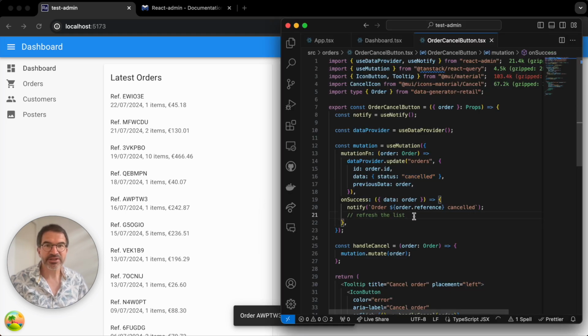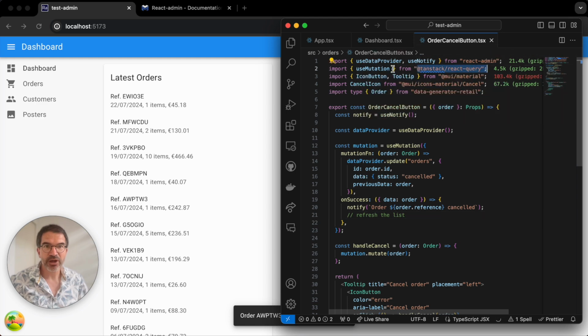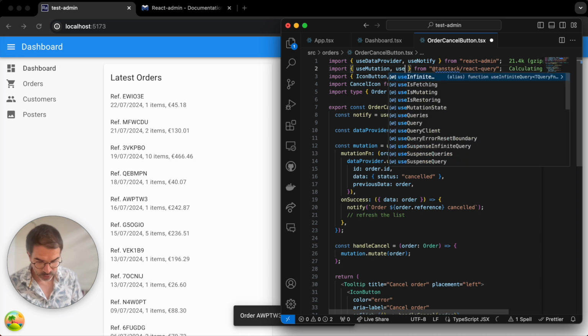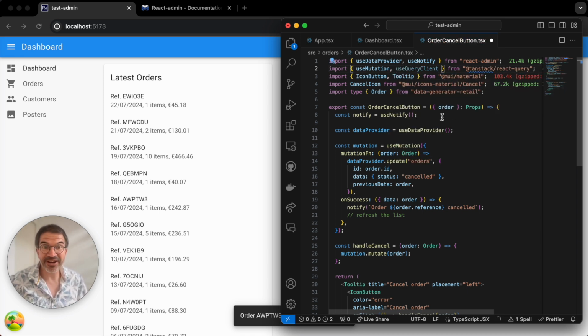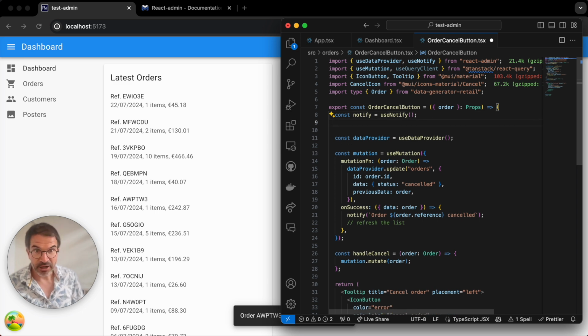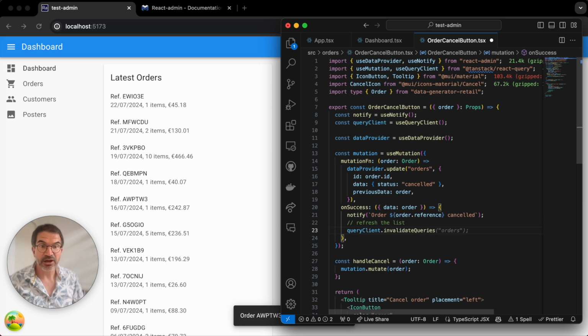Well, there is a hook in TanStack Query called useQueryClient, which lets you invalidate the cache of certain queries and force TanStack Query to refetch a given query. So I'm going to get this query client, and in the success callback of my mutation, I'm going to call the invalidateQueries method, and I'm going to pass the query key.